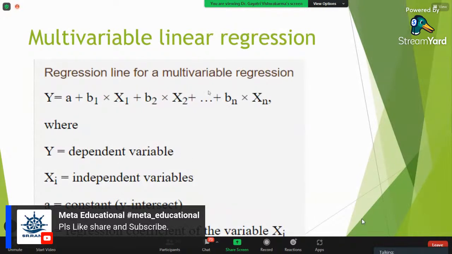Okay, so now this could be the same kind of relationship. You can write your predictive model or regression equation in the same format, even if you are changing your y.